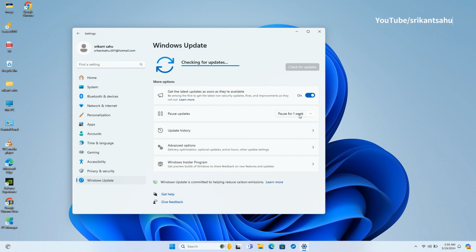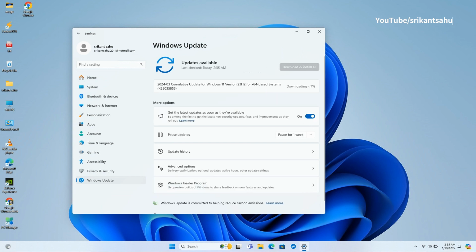KB5035853. To do this, go to Settings and click on Windows Update, and first enable the toggle Get the latest updates as soon as they're available. Now hit the Check for updates button to download and install the March patch updates that bring the Windows 11 Moment